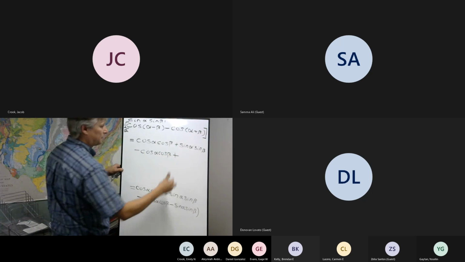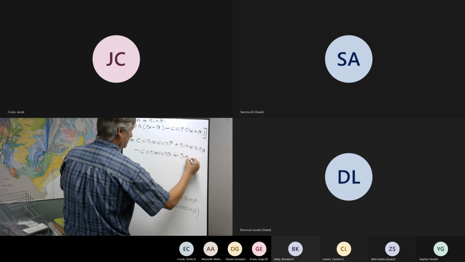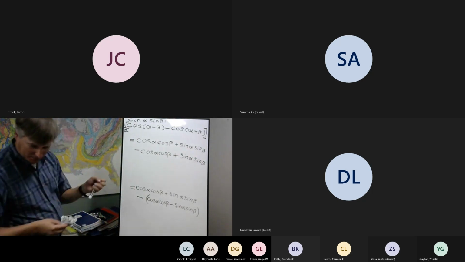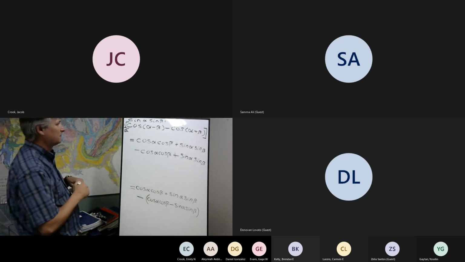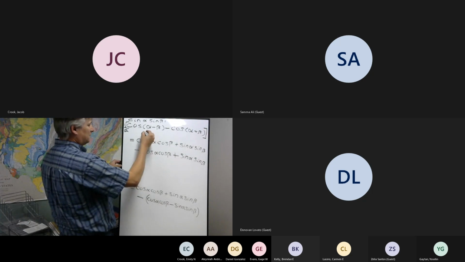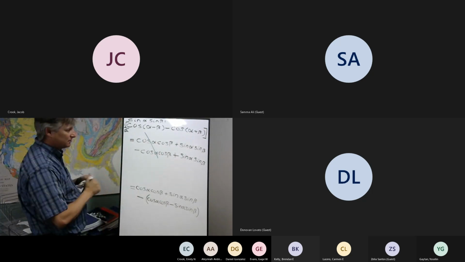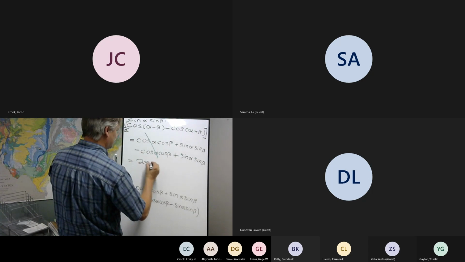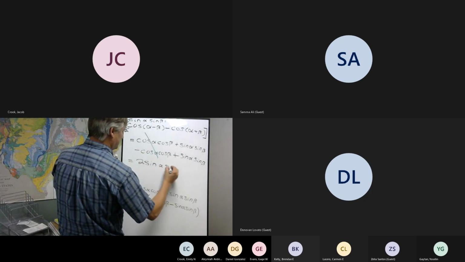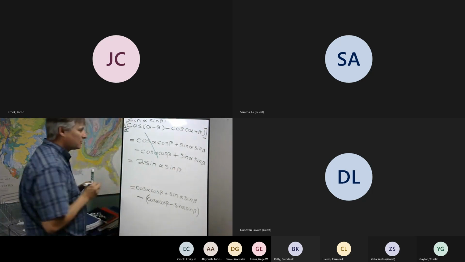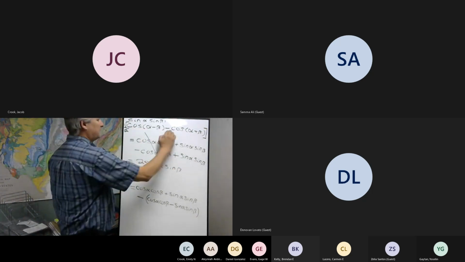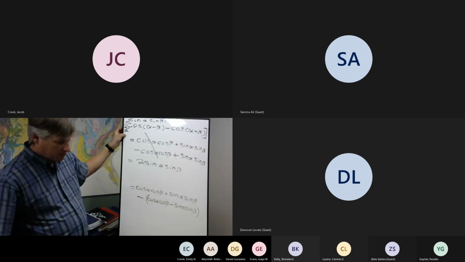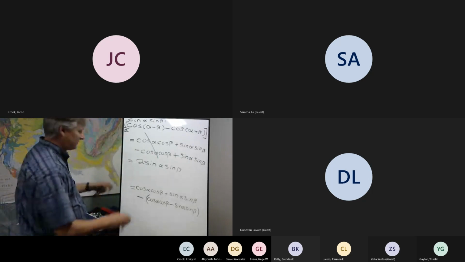Minus and minus will be plus. So those are going to cancel, and we're going to be left with 2 sine alpha sine beta. Now, so far, we've only taken the difference of this and this. Now we're going to bring in this 1/2. So with the 1/2,